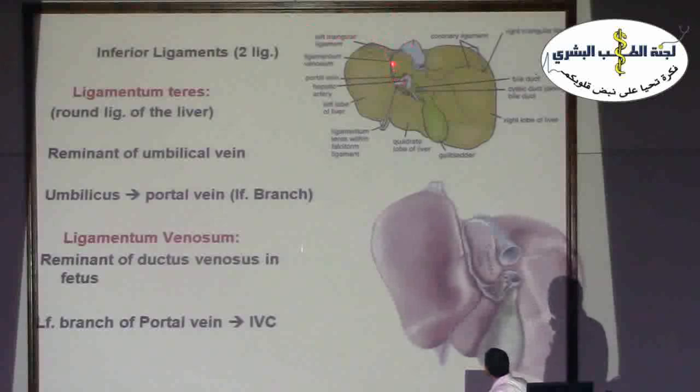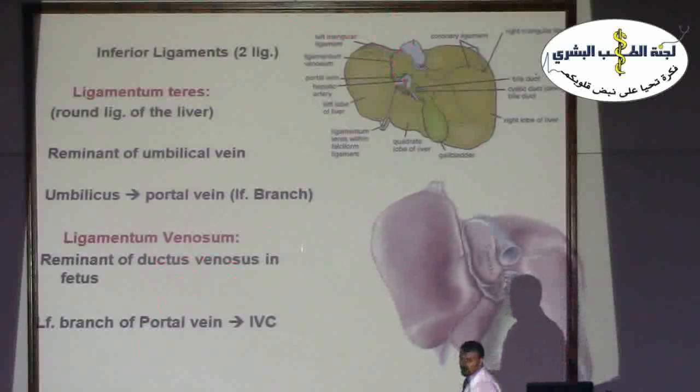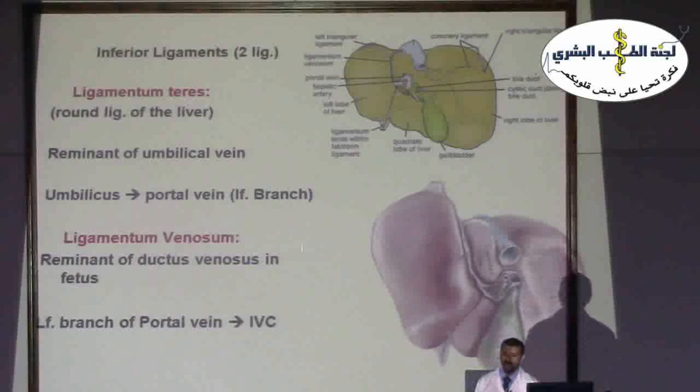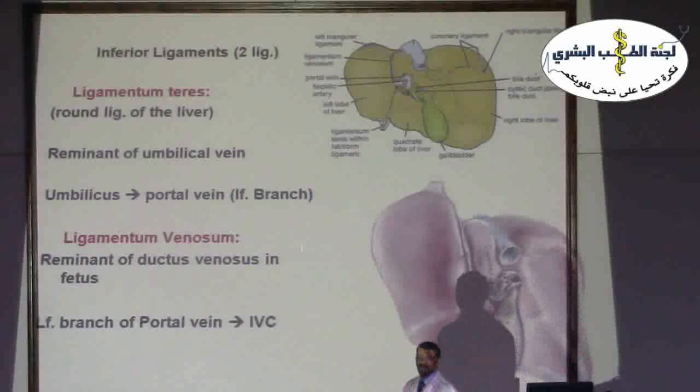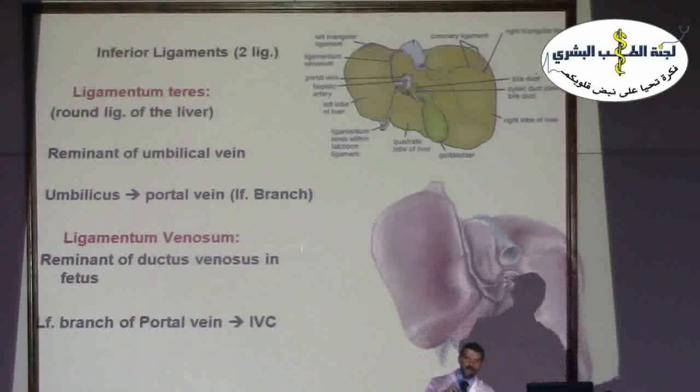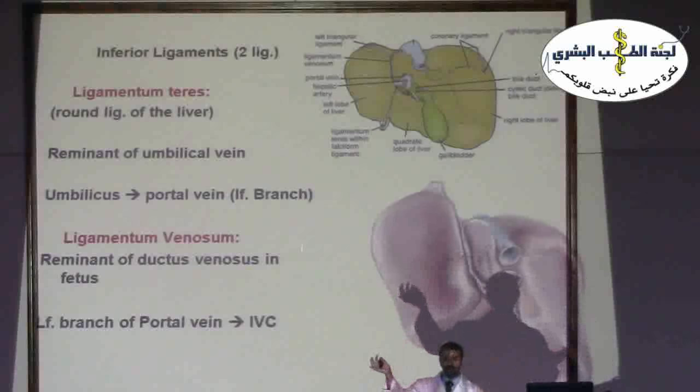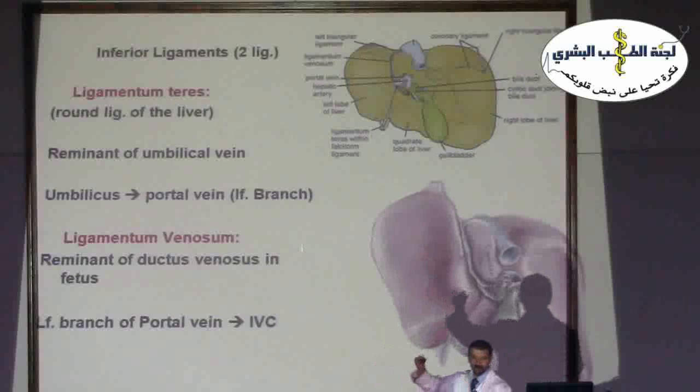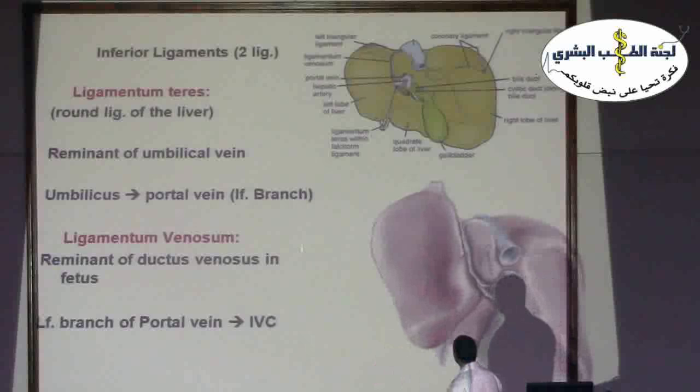So this is actually, in the fetus, another vein. We call it ductus venosus, the venous duct. The ductus venosus is a shunt for blood from the portal vein to the inferior vena cava to bypass the liver. So the blood in the fetus passes through the umbilical vein, then from the portal vein through the ductus venosus into the IVC,